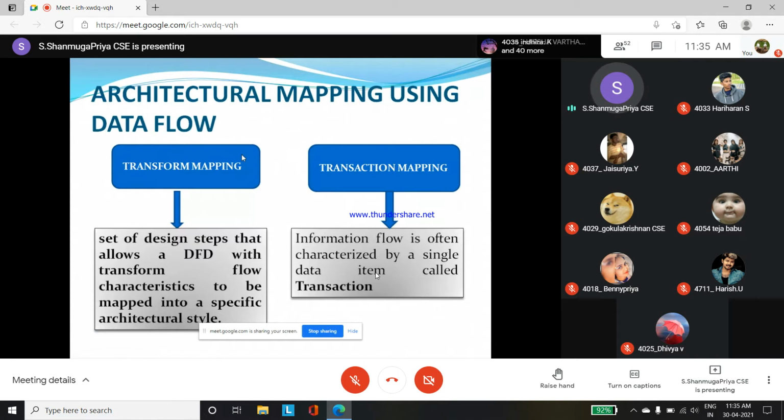We are mapping in the sense that once I draw a DFD diagram, through that DFD diagram we are creating modules. From that we are identifying what our architectural design path is. What is our architectural design? We are going to see how the overall design will look. So here I will show one diagram.